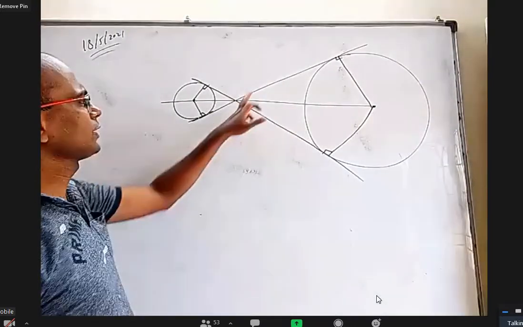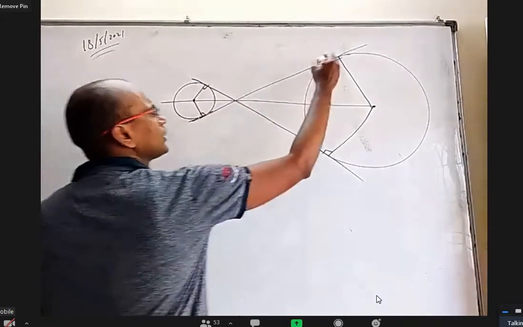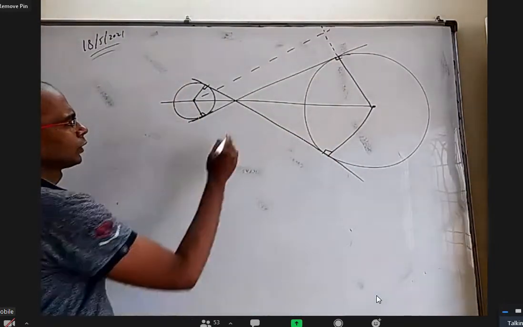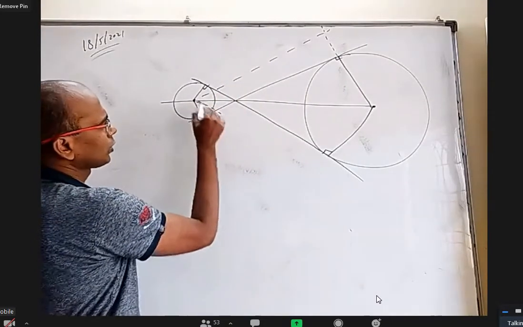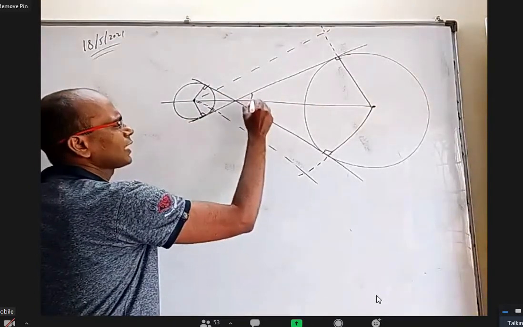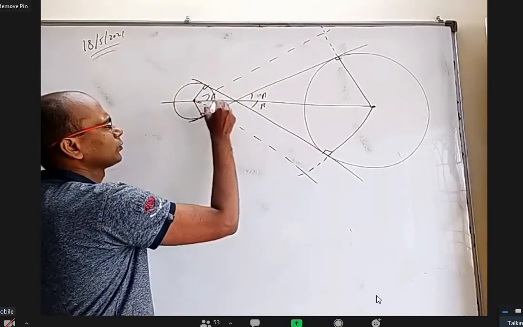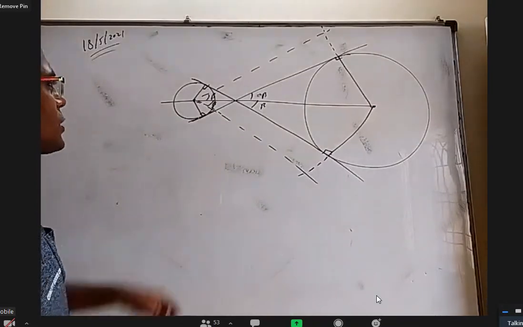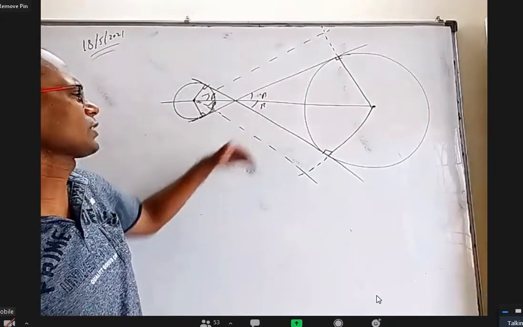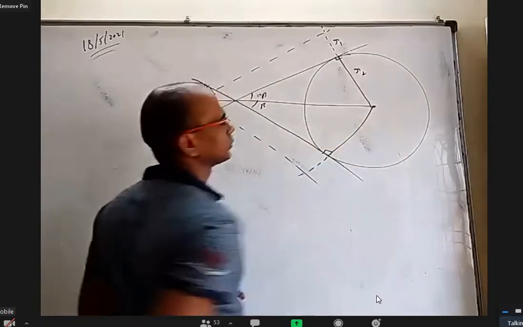Okay, so I want to find this angle. What I will do, parallel to this, I want to extend this and draw one line here. Parallel to this, I want to draw one line here. One line is sufficient. If this is beta, beta, then this is also beta, beta. Next, this is a parallelogram I constructed because these two are parallel. If this is R1, this also has to be R1 and this is already R2.